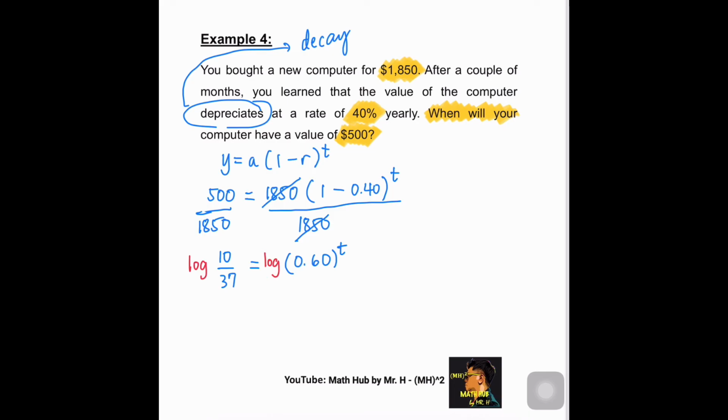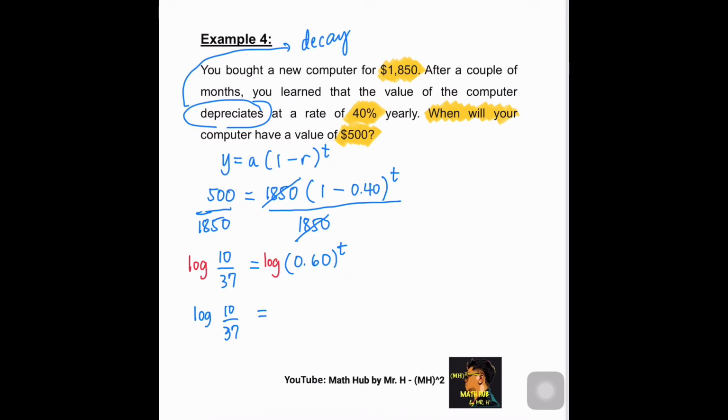Okay, so remember you're dealing with an equation. So whatever you do on the left, you should also do on the right. So take log of both sides. And from here, we copy the one on the left hand side. So log of 10 over 37 equals,